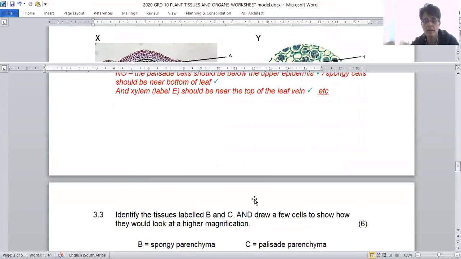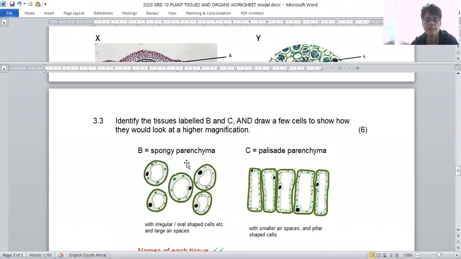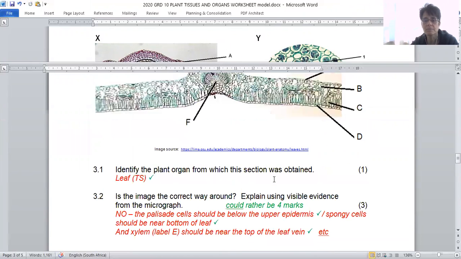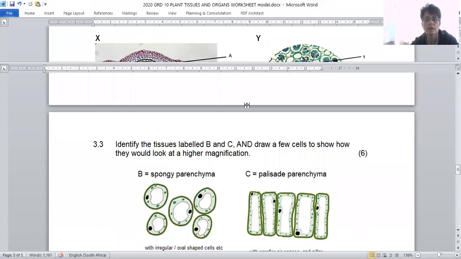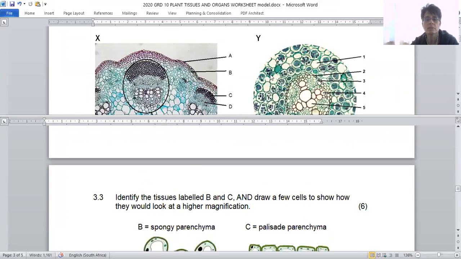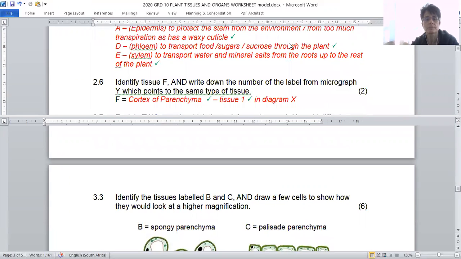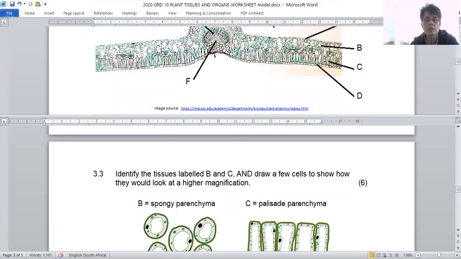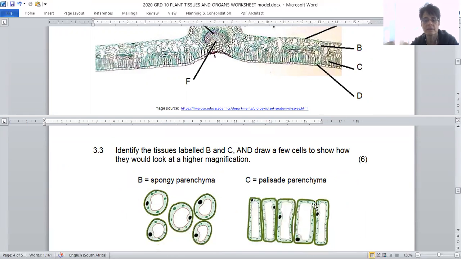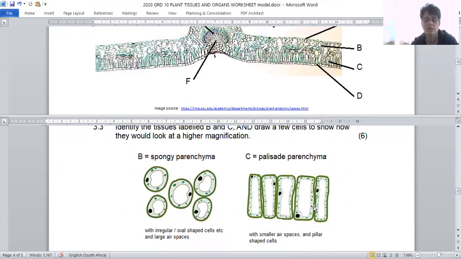So this is where you could make a mistake. So B is spongy parenchyma and C is palisade, the longer ones, palisade parenchyma. All right, let's move this and go up on the leaf. All right, so B is spongy mesophyll or spongy parenchyma, and C are the palisade parenchyma or palisade mesophyll cells. So I just went and cheated and copied a picture from the internet, but I've got